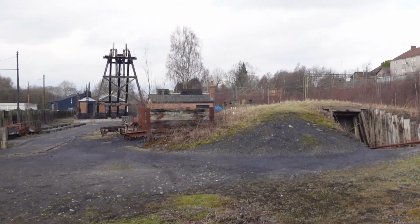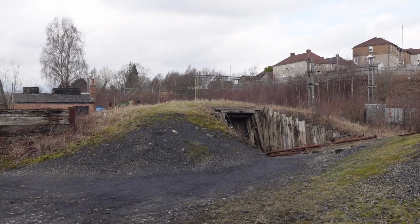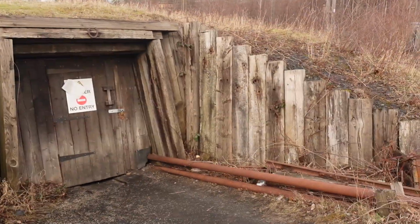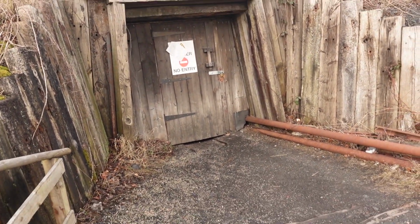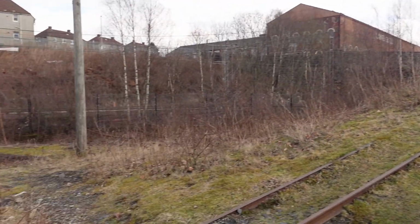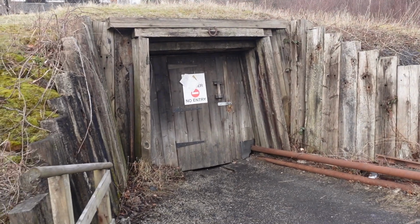I don't do any mine tours or anything like that. I've seen videos of a place in America. I don't know if there's anything in the UK. I maybe have to look into that, but I've seen nothing here, though I have seen things in America where you can go into mines and get a tour, which would be really awesome. I would love to travel the US more and see things like that. It's all a matter of finding the time and finance for it as well, but yeah, maybe one day. But for now we are exploring